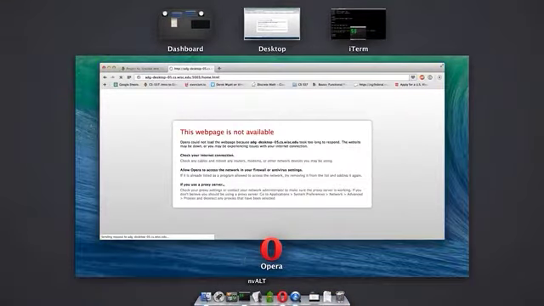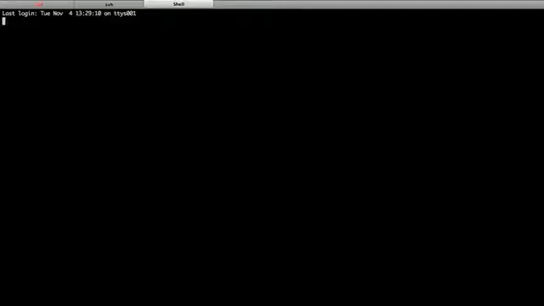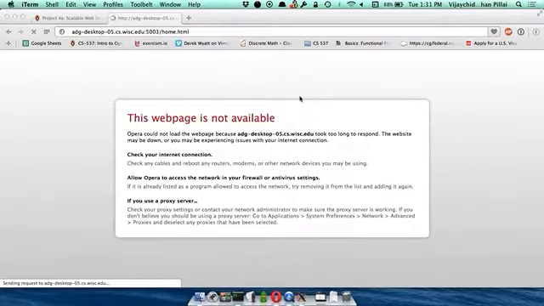I could do one other thing. I'm going to start up X and launch a browser, and we're going to see if it works on the same host machine.